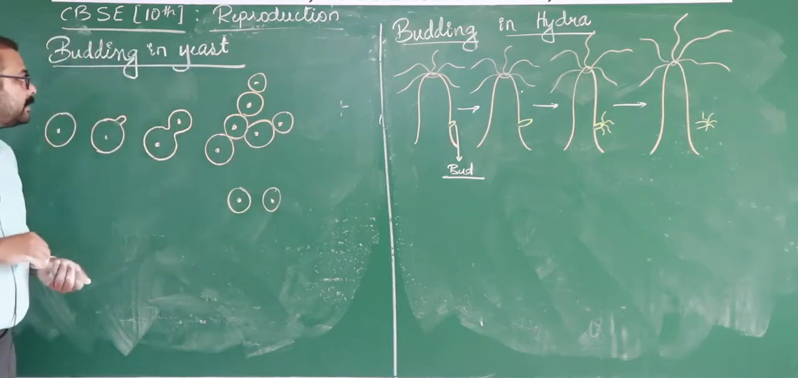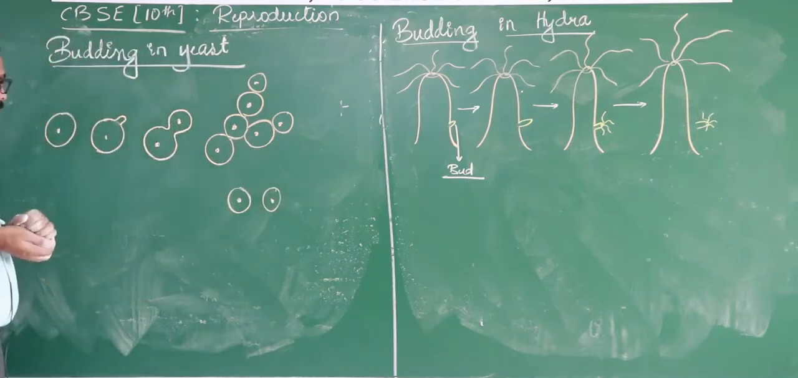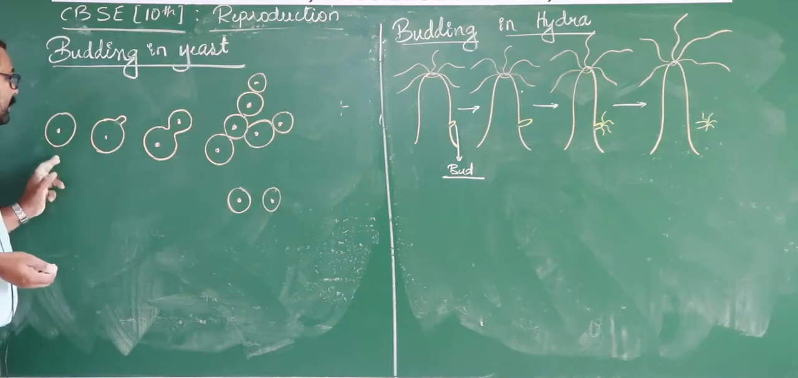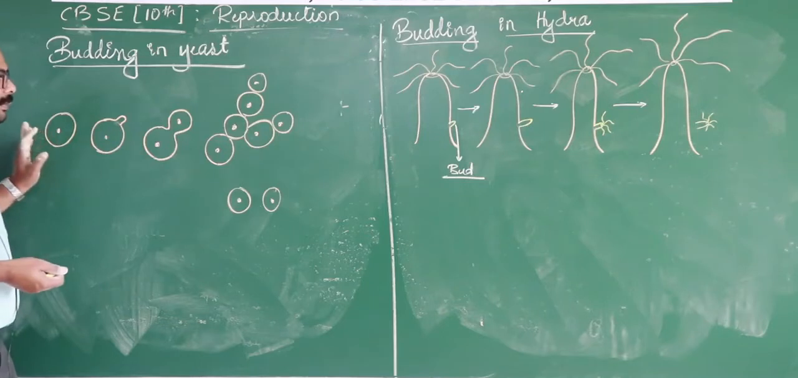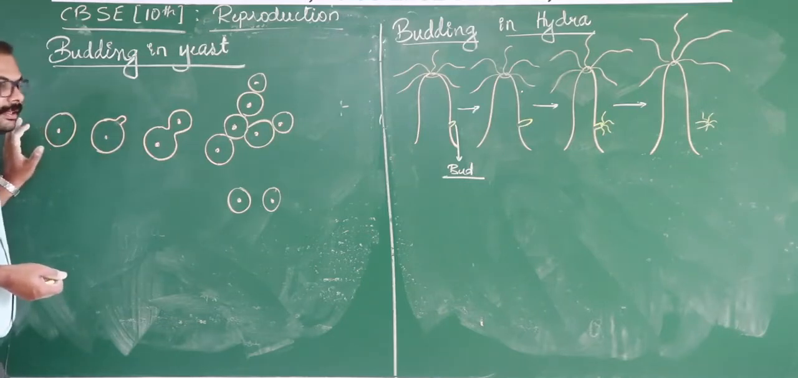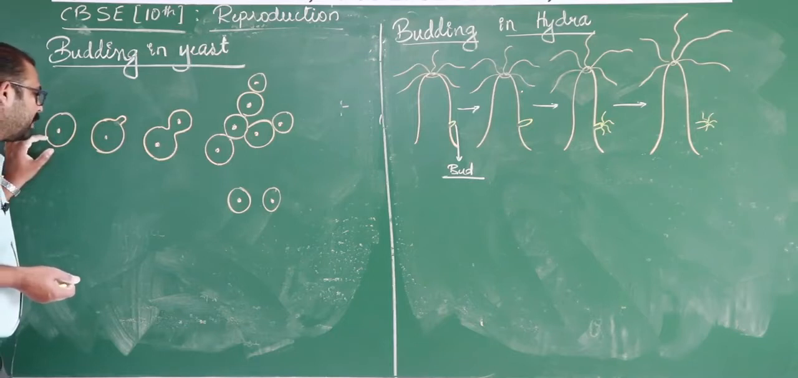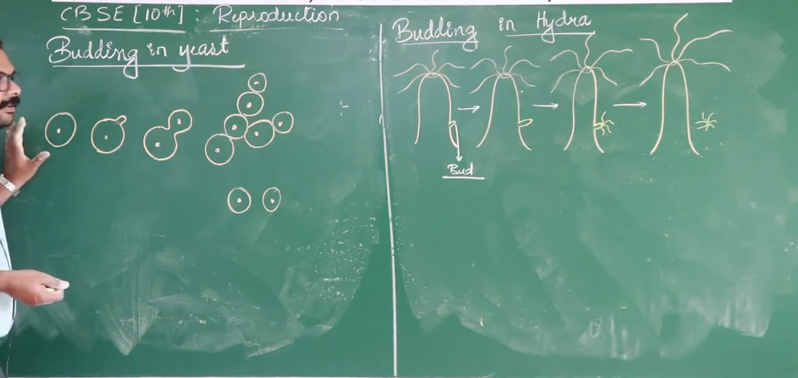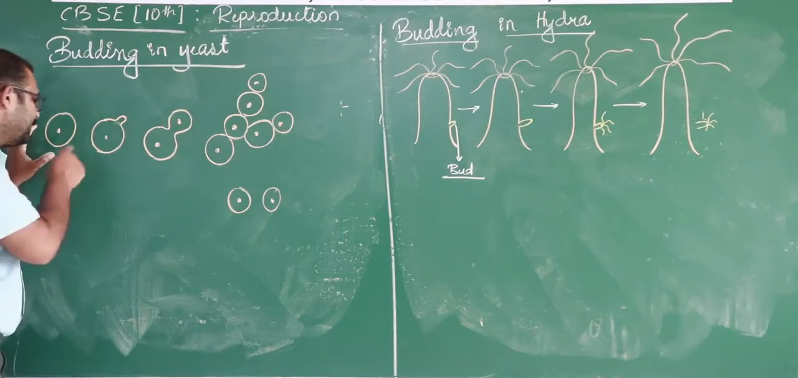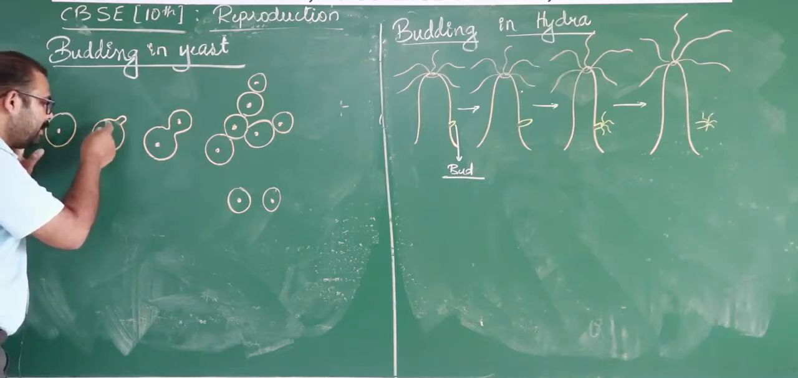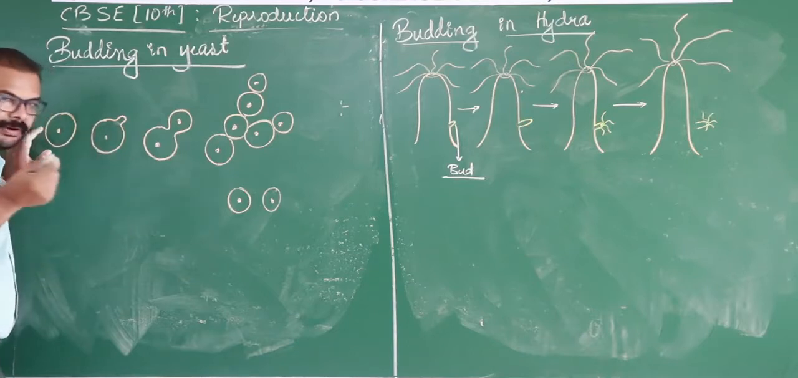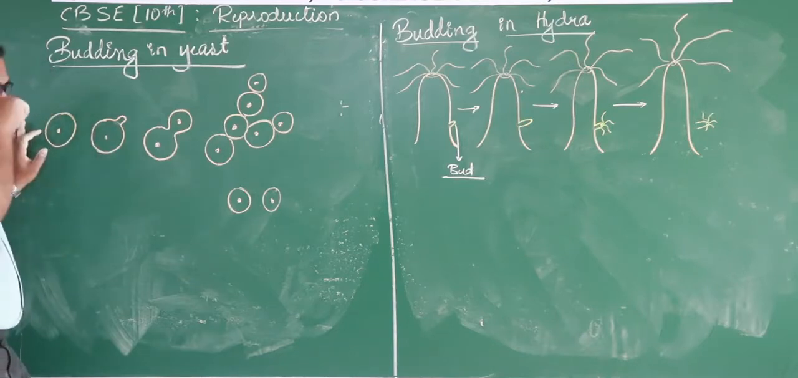Now look here, budding in the case of yeast. Here it is a single yeast cell. Yeast is a fungus, and fungi are present everywhere. Now let's see how this reproduces. It is again similar to binary fission. Here you see that on the membrane a small outgrowth, a bud-like structure, is developed,